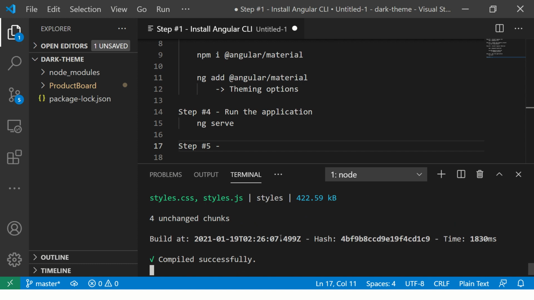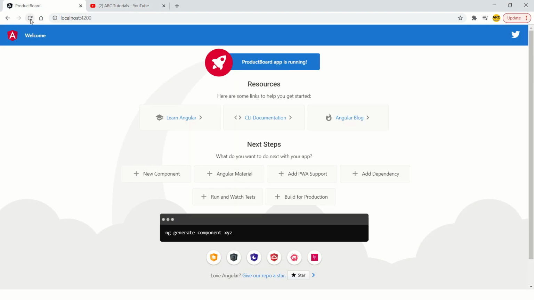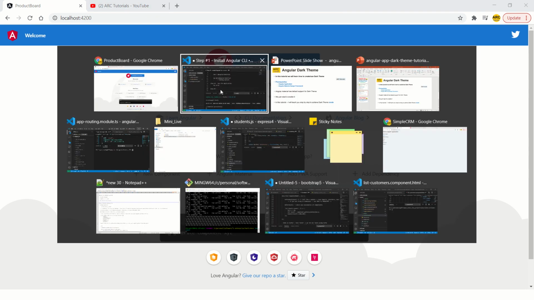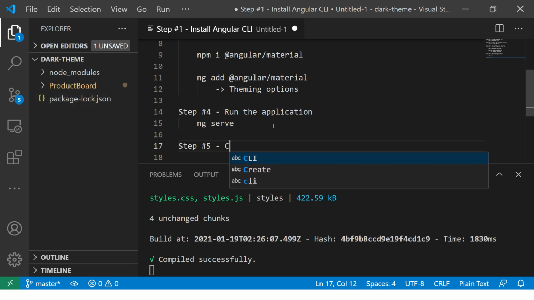Alright, so we got the application compiled successfully. Now go to our UI and refresh it, and we see that this is the default screen. Okay, and we added Angular Material as well. So beautiful so far. Now I'm going to clean